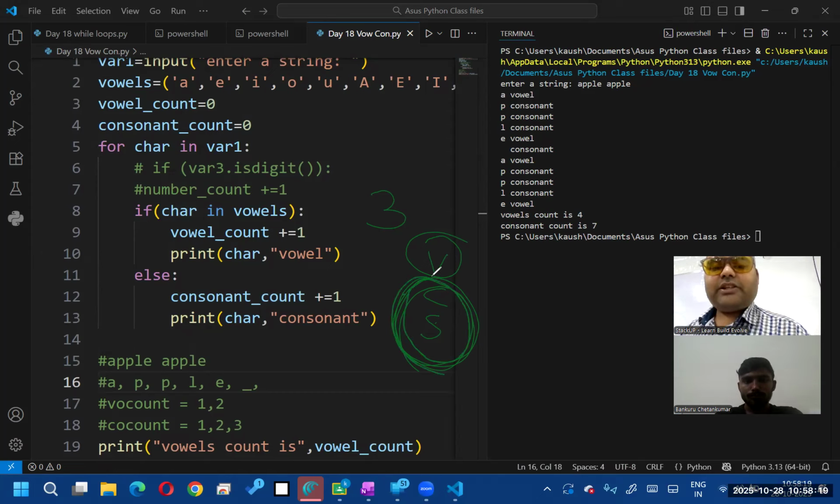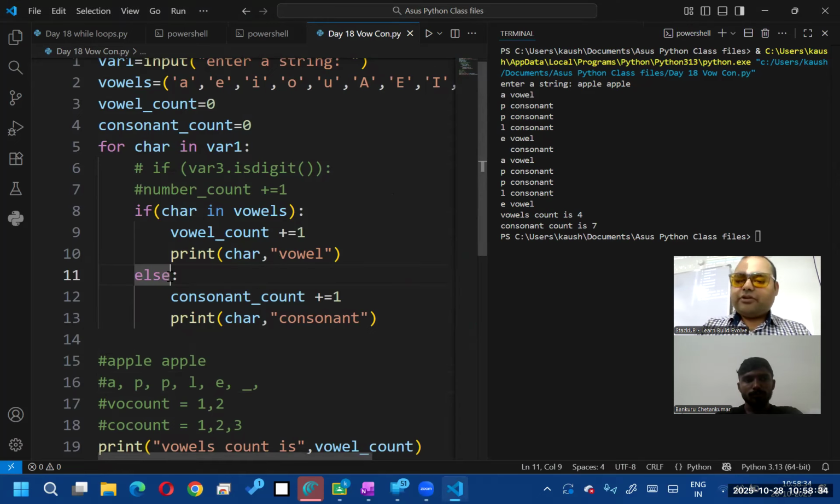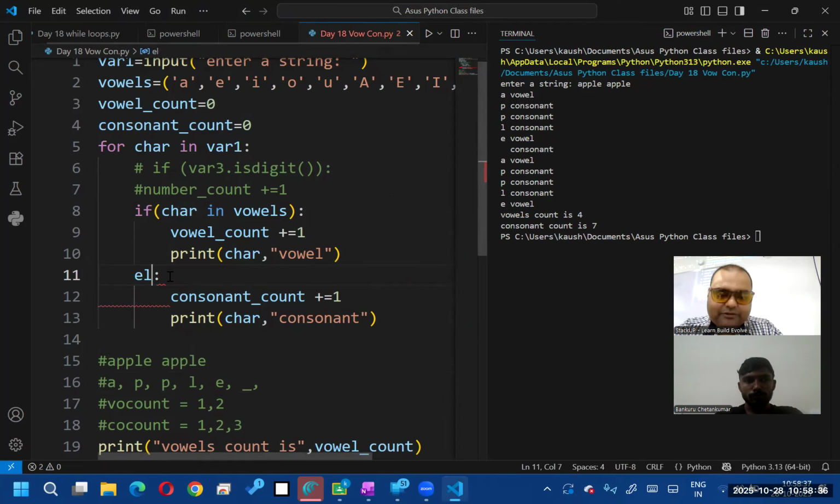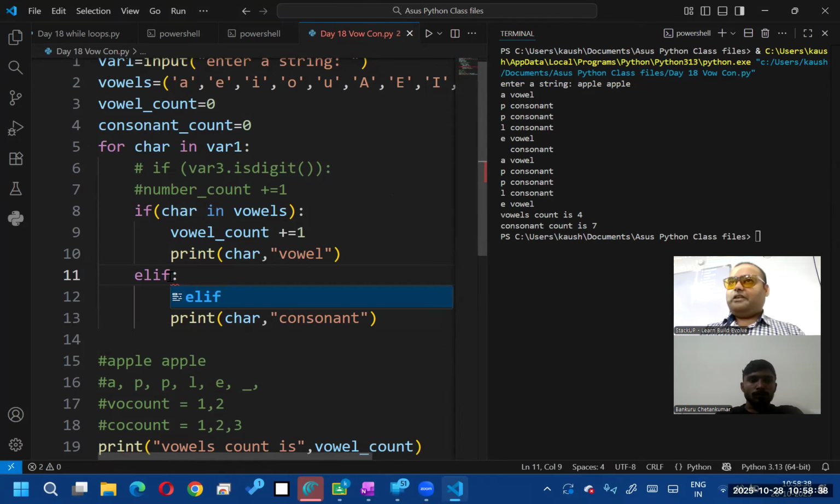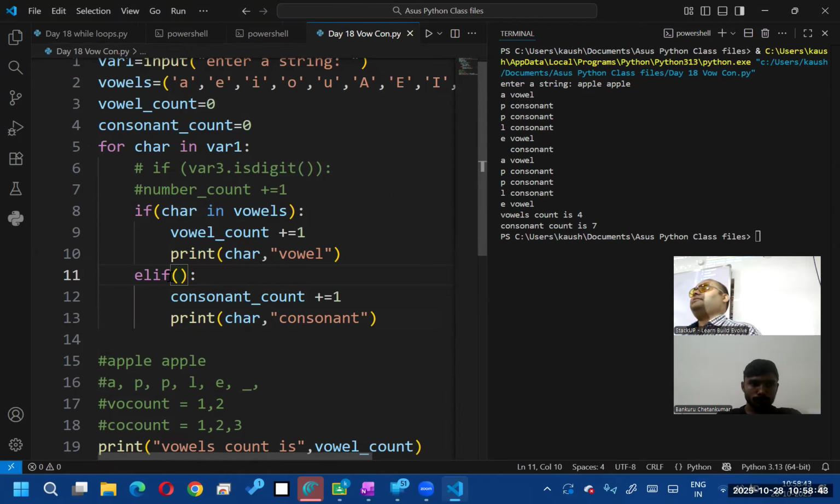Now we have clubbed these two together, consonants and special characters, right? First of all, we should not club everything together. We have to have a condition here. Else if, and now think about what is the condition. It should be a